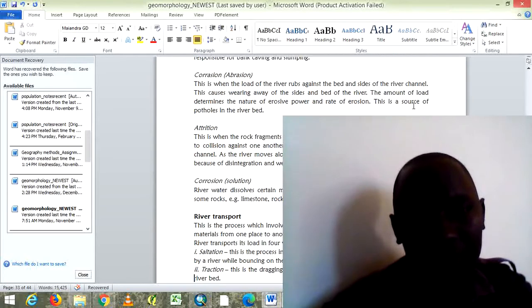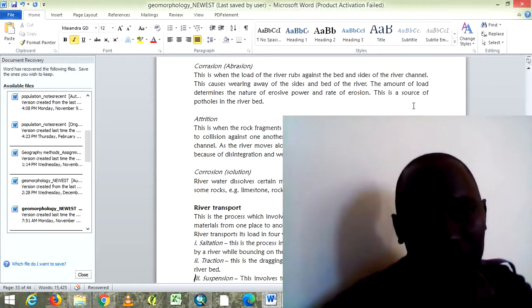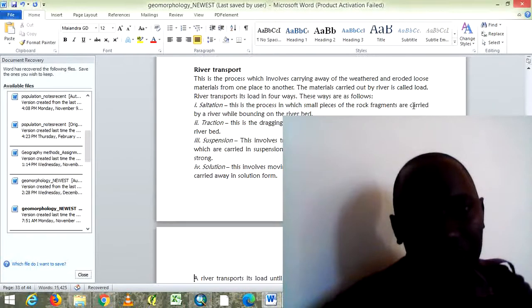All these processes, including river transport and deposition. Of course, the next process is river transport, and we say that this is the process which involves the carrying away of weathered and eroded loose materials from one place to another. All rivers of all sizes perform this function. They transport material. The materials carried by the river are called the load, and the river transports its load in